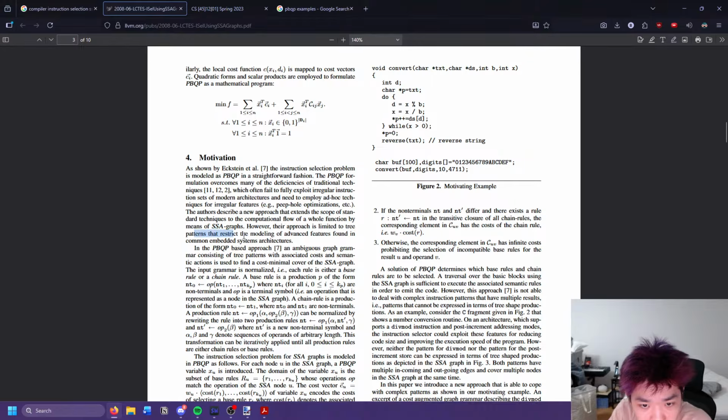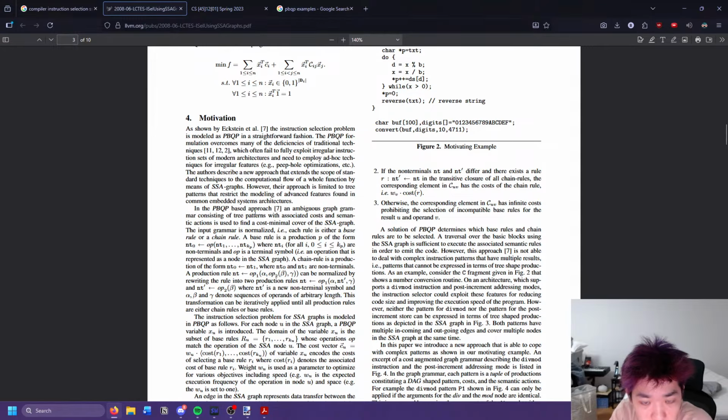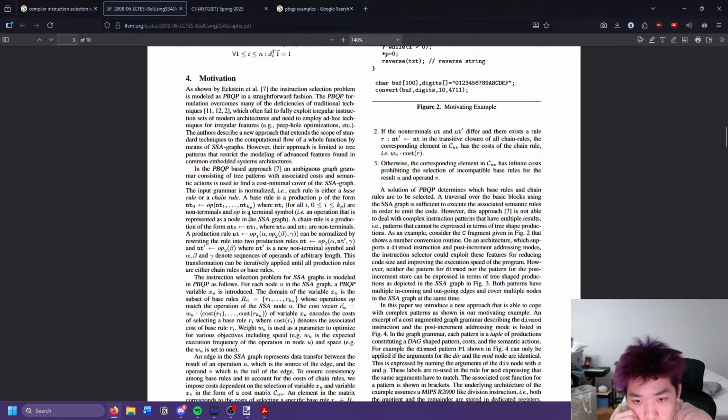Go into tree patterns, okay. There's graph grammar. And tree patterns associate cost and semantic actions. Used to, okay. Cost middle cover. Grammar is normalized. Each rule is either a base rule or a chain rule. Base rule is a production of the